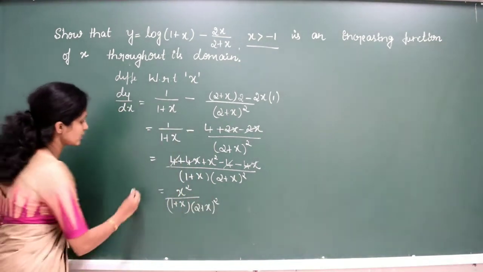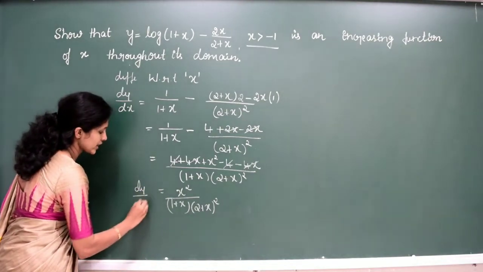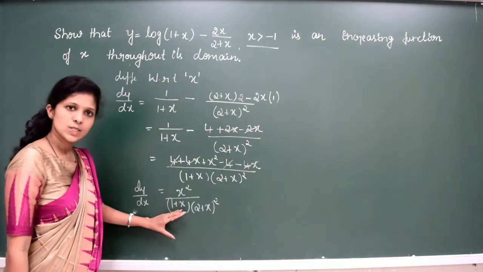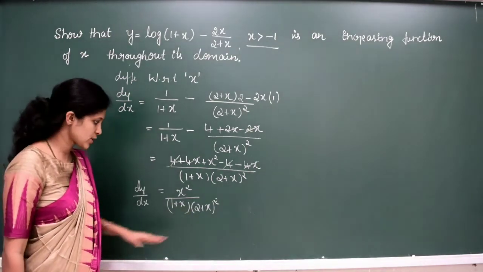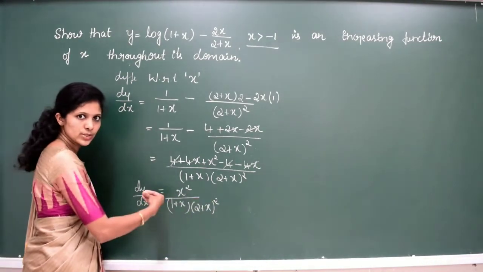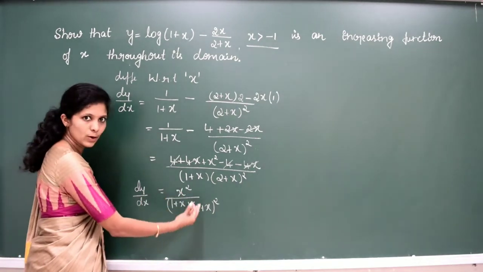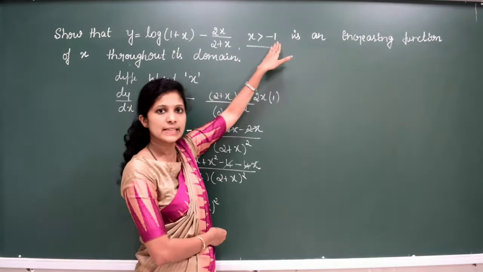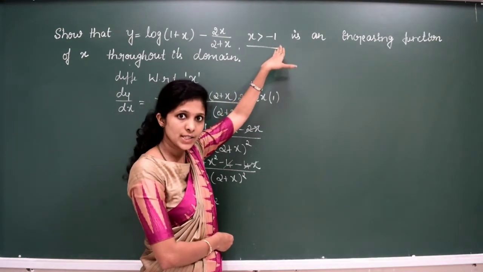So, this is the value of dy/dx, or we can say this is the value of f'(x), the derivative with respect to x. So, we can say this is equal to f'(x). Now, we equate this to 0, right. We have to find the value of x, or it is not necessary, directly it is given that the value of x is greater than -1.